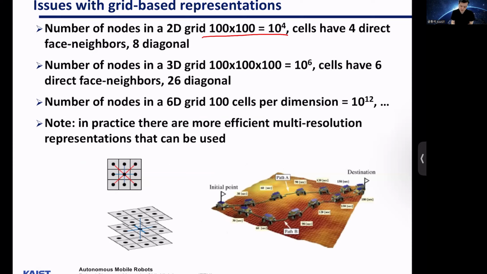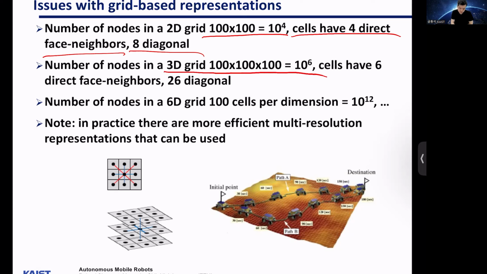And if we assume a robot can move to a neighboring cell, then we have 4 actions. If we assume we can move to a diagonal cell, then it gives you 8 action choices. And if we apply this in 3D space, then a 3D grid